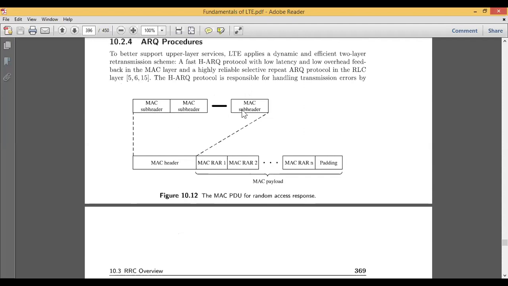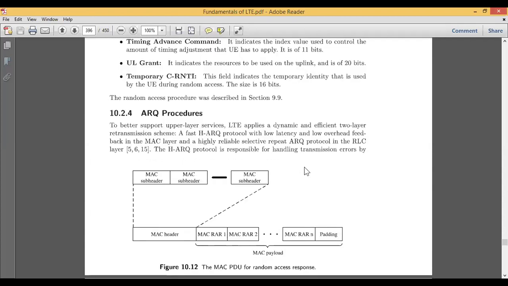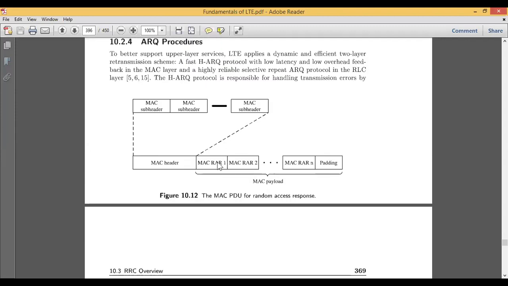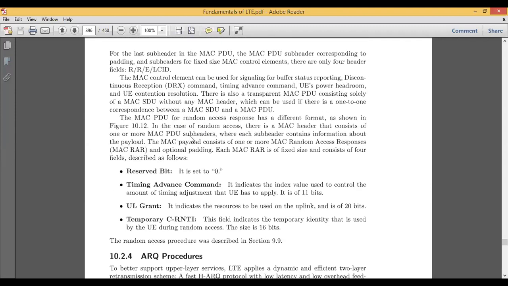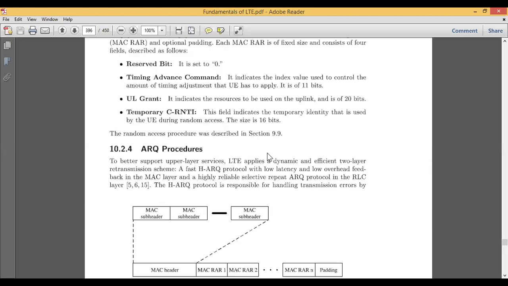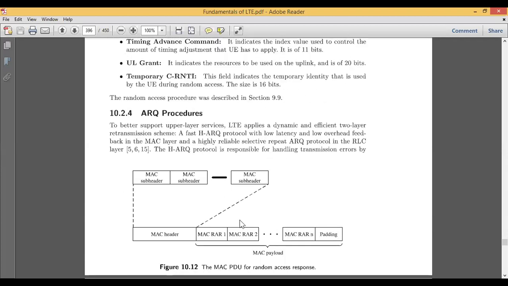We have some MAC headers, then MAC RAR 1, RAR 2, up to RAR n, and then padding. This RAR stands for random access response, and it again has different formats shown here, as you can see.